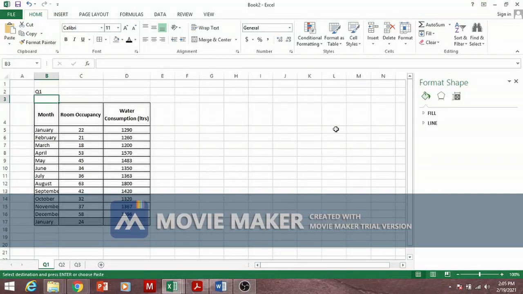Hi all. So I'm just going to discuss a mock paper today. Of course, this has been done because of your requests, and coming to the first question, some of the details are given. It's about the room occupancy as well as the water consumption. So if you look, you can see the room occupancy is given in this figure, water consumption is given